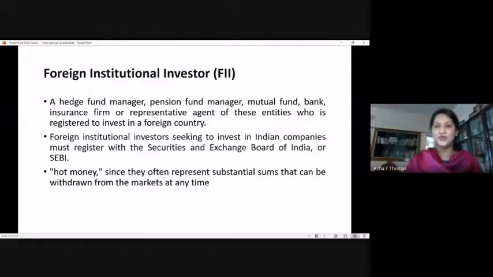So that's why the FII is often referred to as hot money for any market. We have to track the movement of these very clearly. Otherwise, it might lead to some negative impact in the stock market or in the financial market, because they will be coming up with a lot of funds. And when the institutional investors find some other market to be more attractive than the Indian market, there is every possibility that they would be withdrawing money from India to that location.